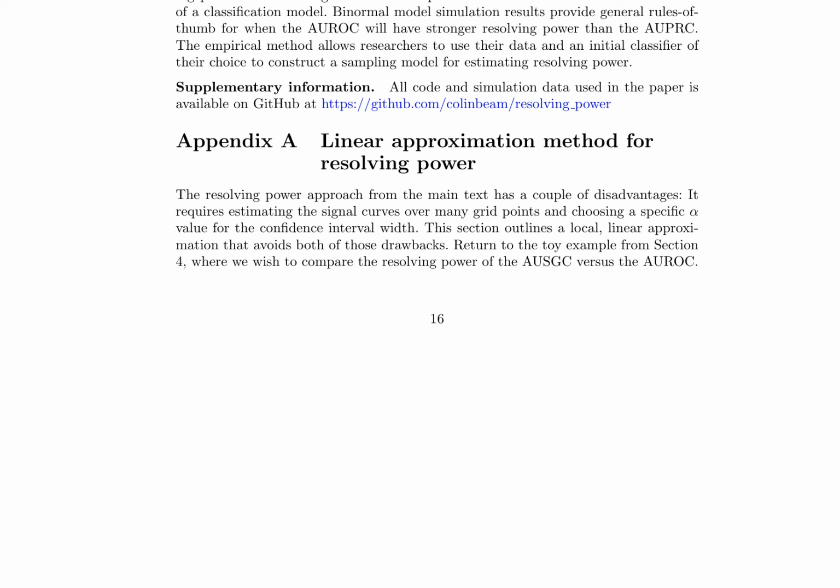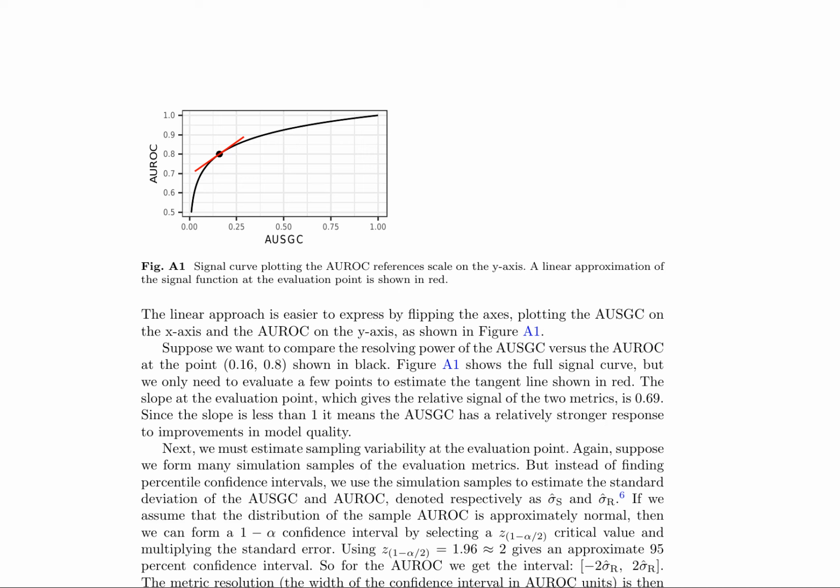The appendix outlines a local, linear approximation method for resolving power, which avoids the need to estimate signal curves over many grid points and choose a specific alpha value for the confidence interval width. This method is demonstrated using the toy example from Section 4, comparing the resolving power of the AUSGC versus the AUROC. The resolving power of the area under the signal-gated coordinate, AUSGC, and the area under the receiver operating characteristic, AUROC, curves is explored